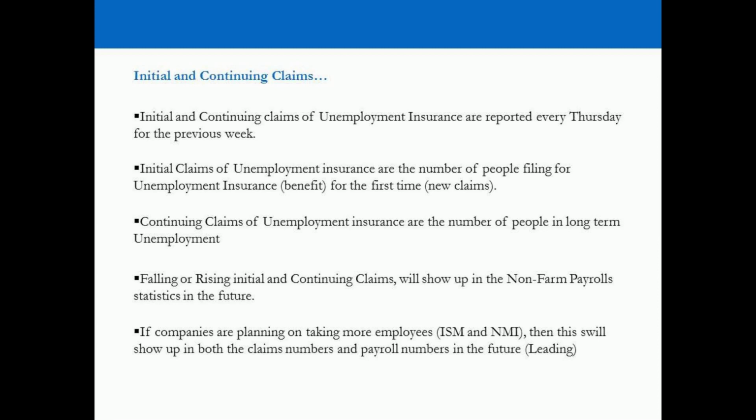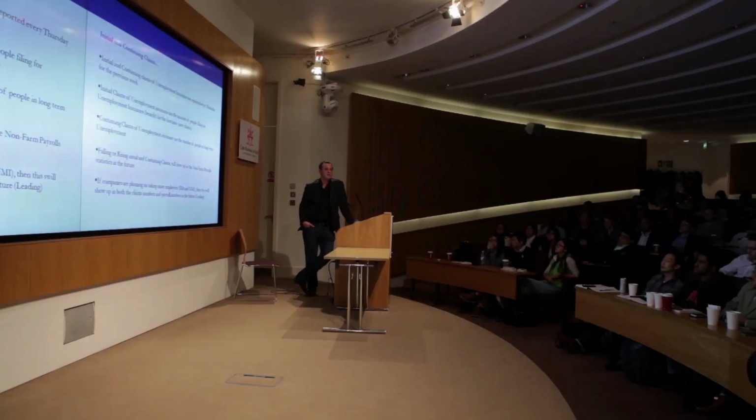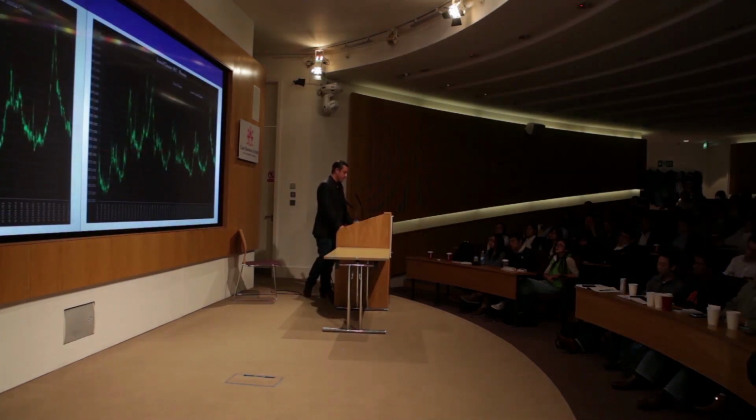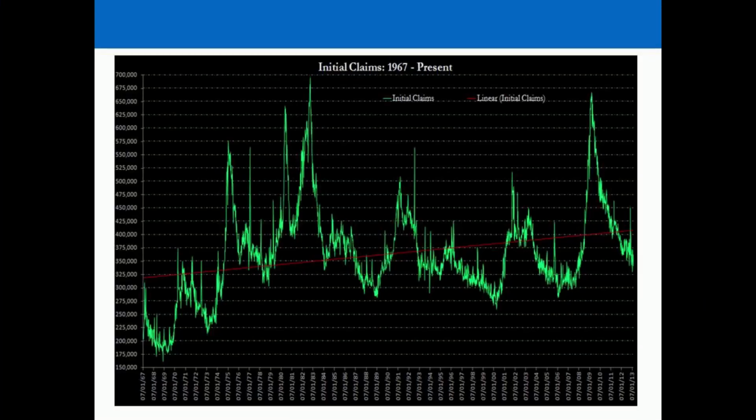Initial and continuing claims. So when someone in the US is made unemployed, what happens? They claim on their unemployment insurance. That statistic gets reported to the Bureau of Labor Statistics, and they report it every week for the previous week. So by the time the non-farm payrolls number comes out for the private sector or the government sector or both, it's pretty much known from weekly jobless claims. They're out every Thursday. That's initial claims,